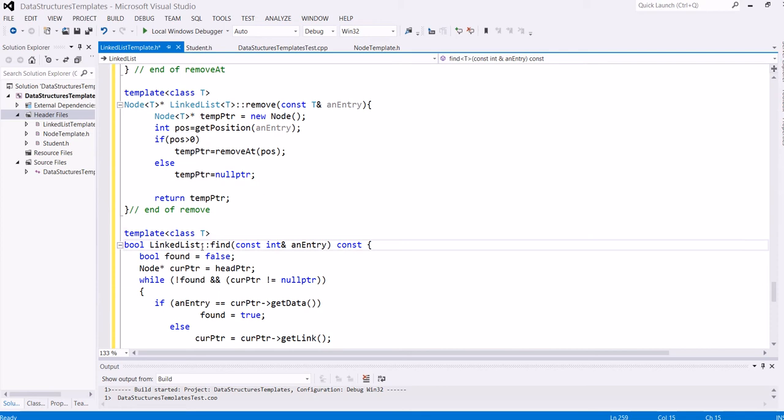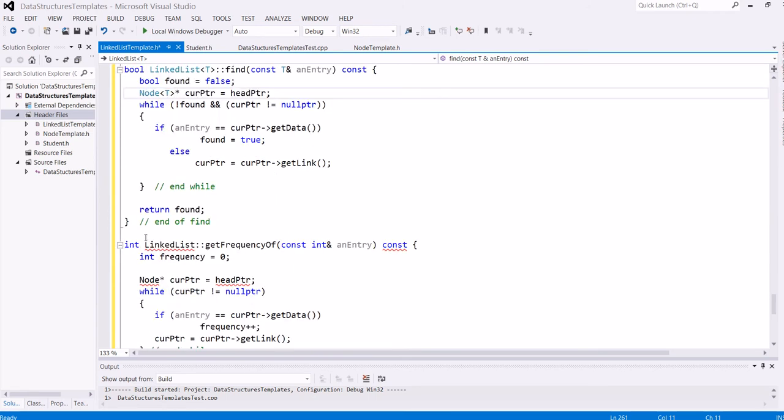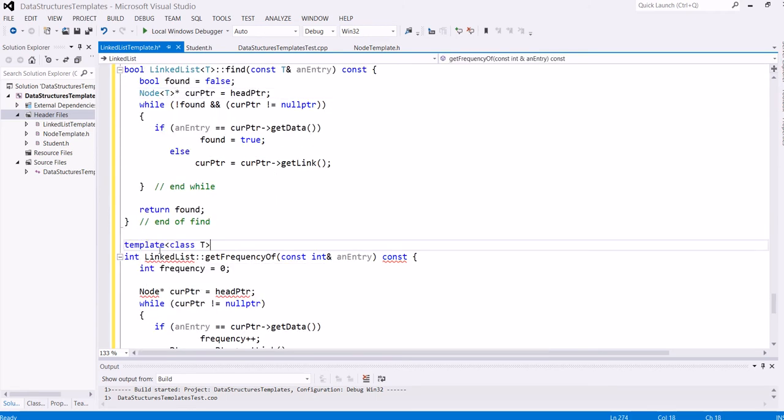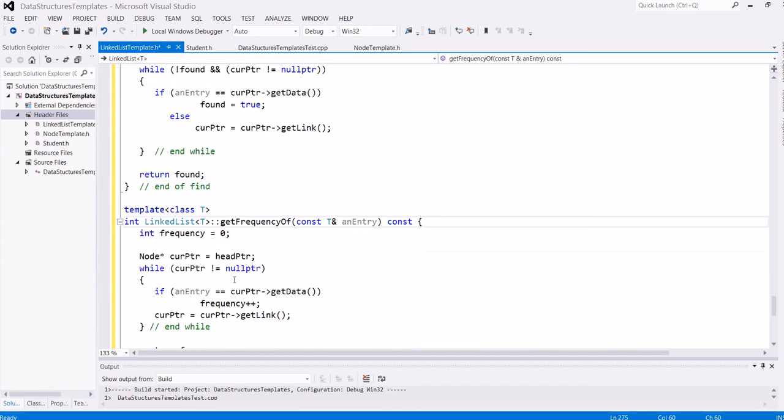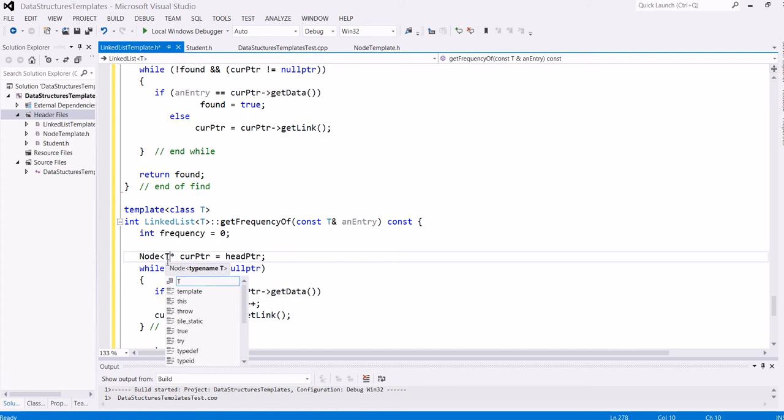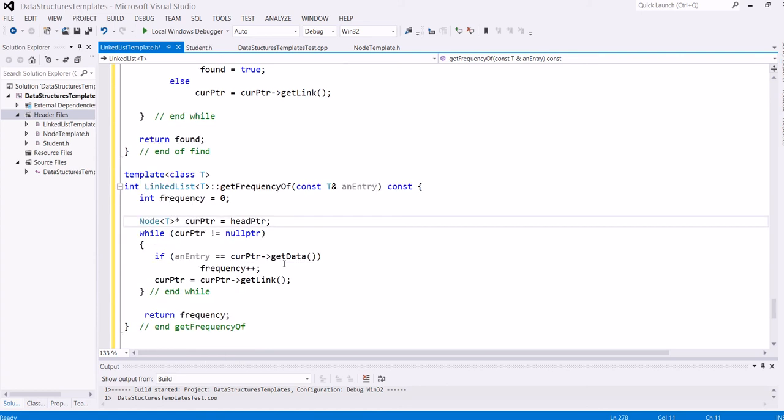T, T, and this one is something dot pointer, not found, current, rest of things are fine. So T, so this is something get frequency of, type T, node is created, and